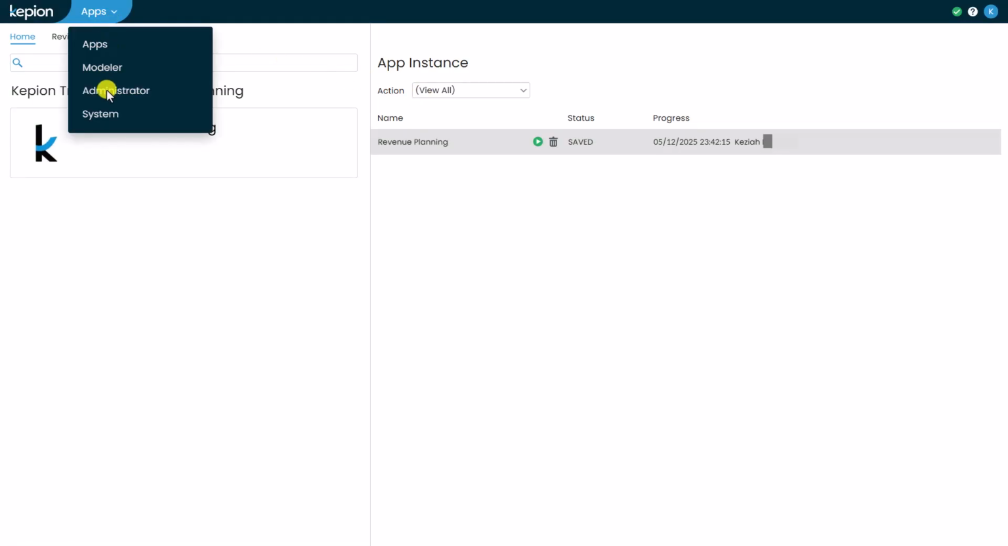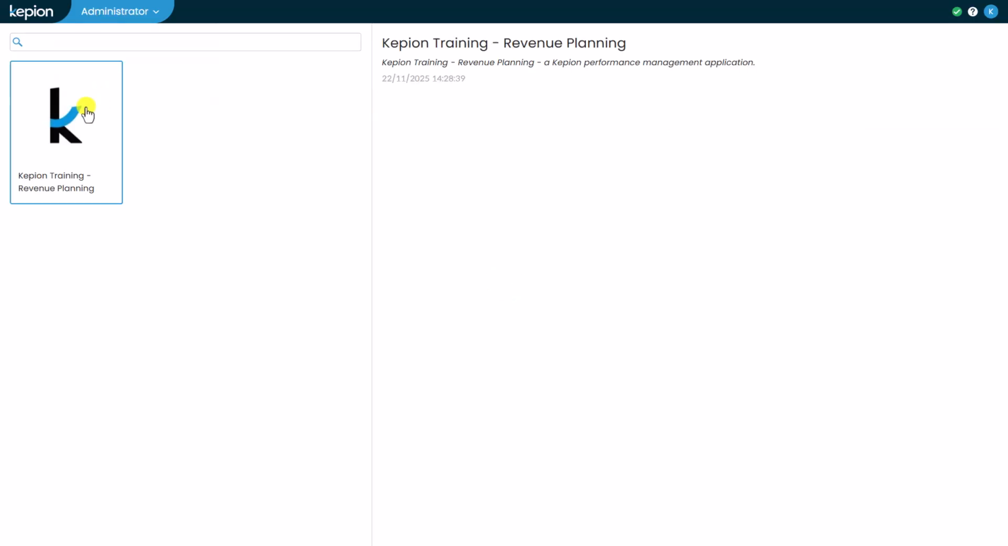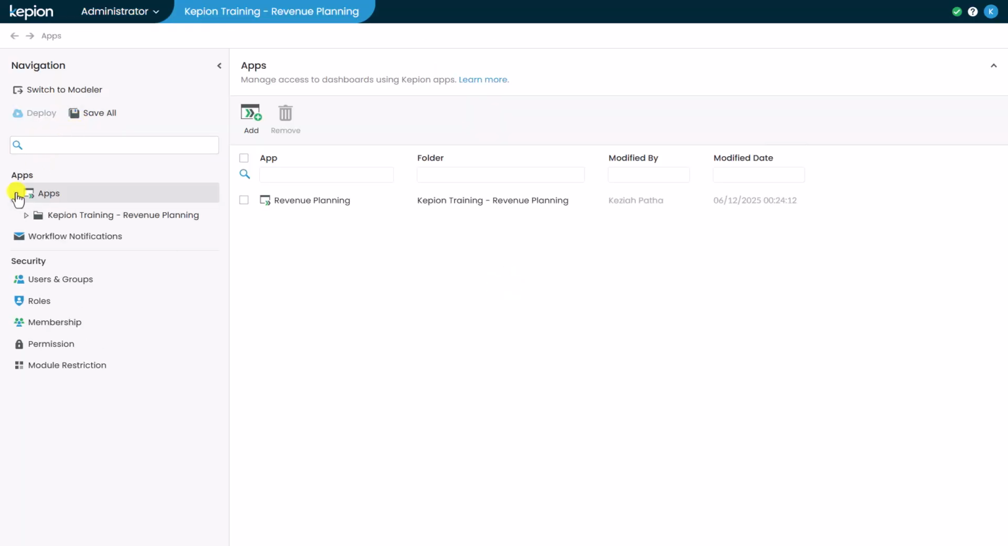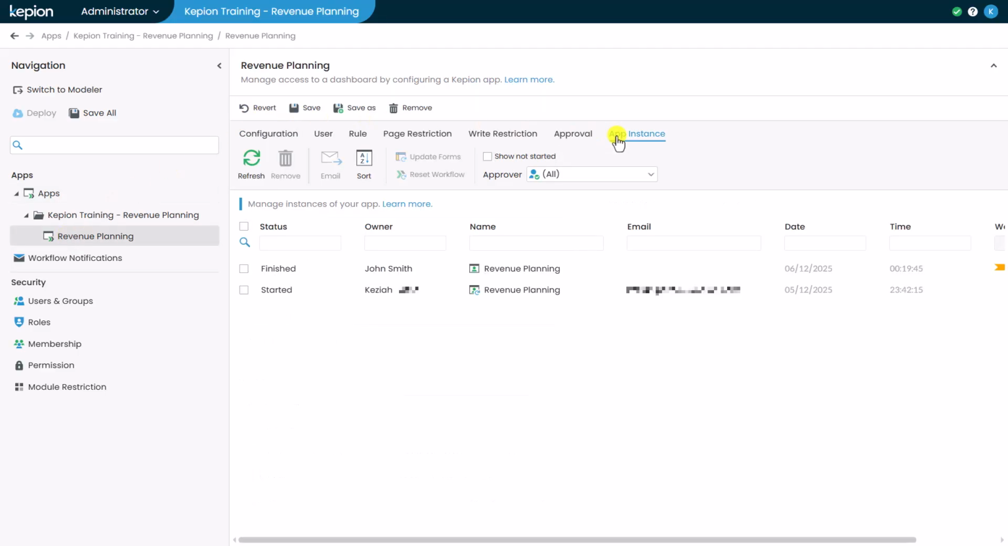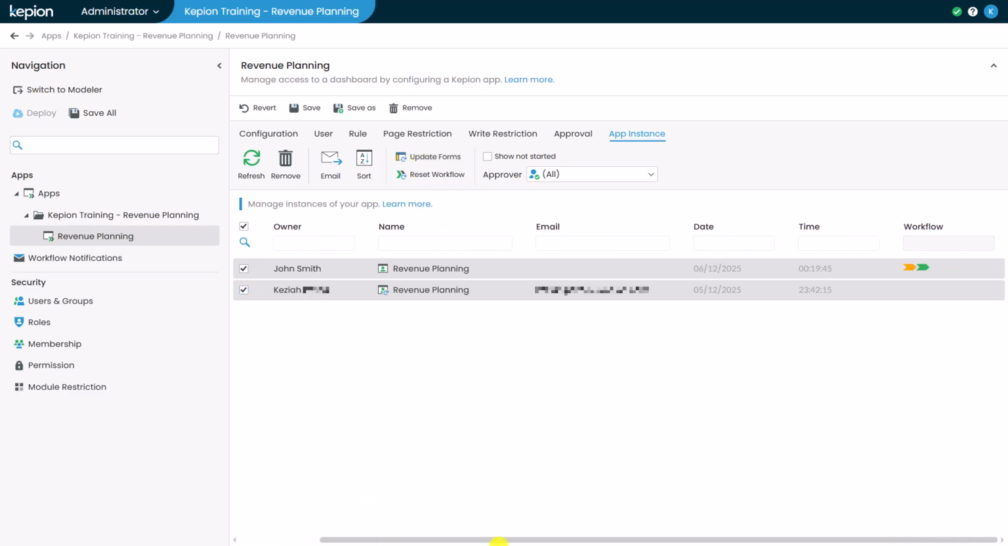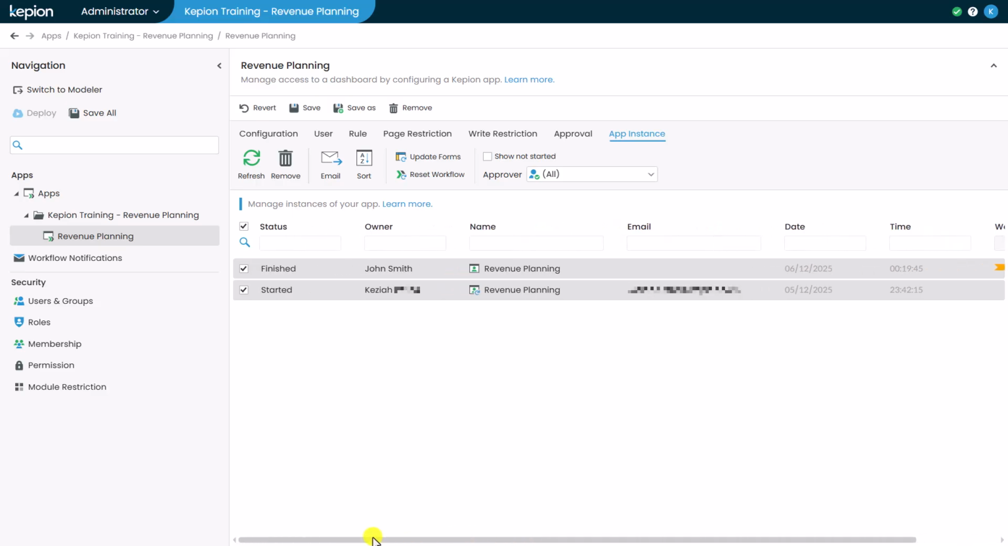In the Administrator module, if we select our dashboard app, we have an app instance. This gives us an overview of all active submissions for the app. If we had made changes to a form after a user had started a submission, we could use this button to update their submission with the latest changes. In the app instance, we have a complete overview of the current state of approval processes for all approvers and